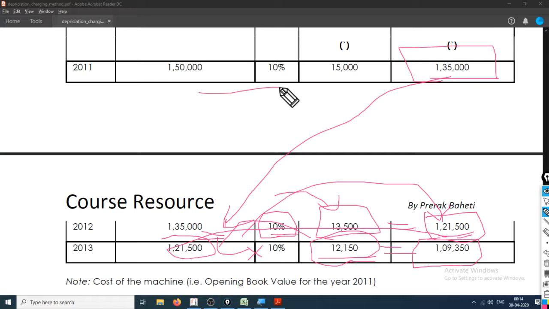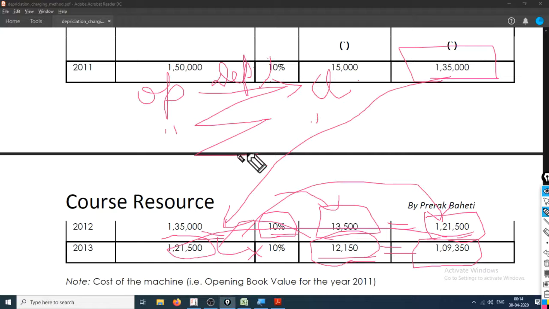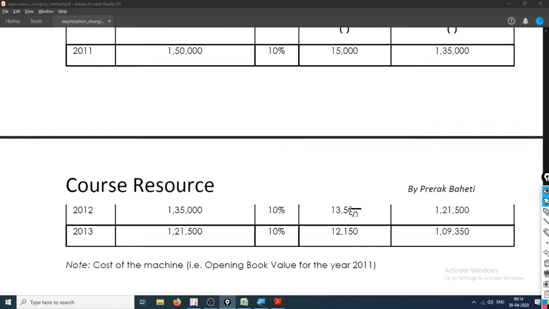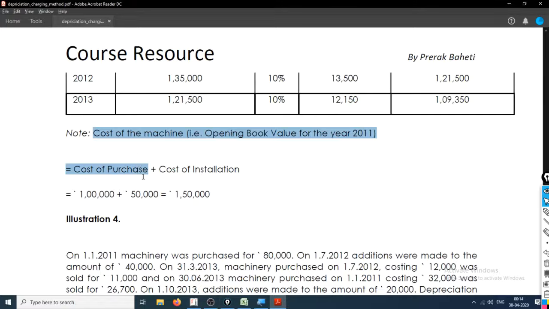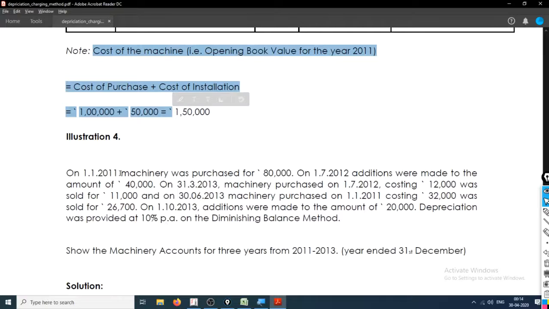So basically this is the chain. This is the opening value and this is the closing value. Right here is the depreciation percentage. Opening, closing, opening, closing. This way you can charge depreciation for a long time and it will be more optimum.